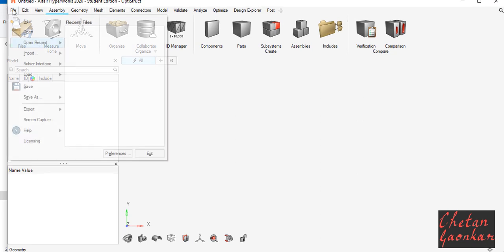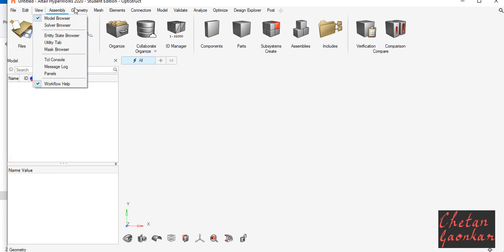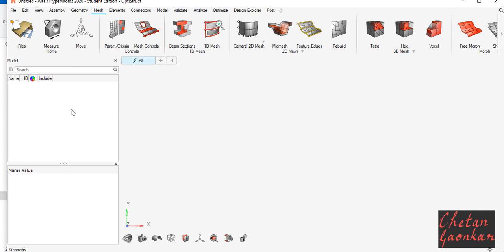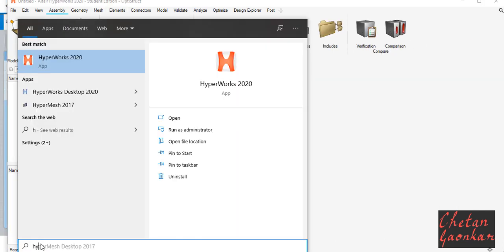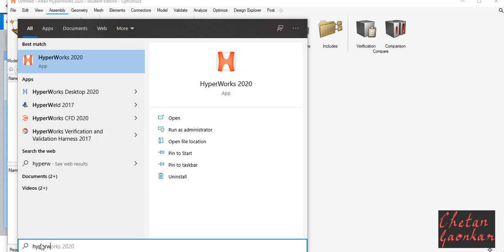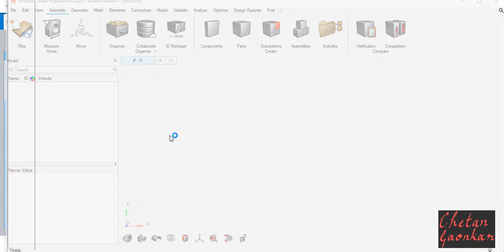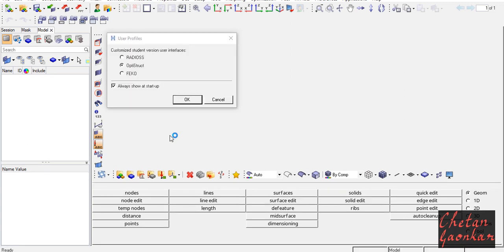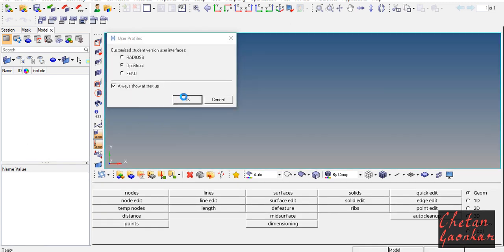But if you want the classical user interface, which you have already been working on, in the classical user interface of HyperMesh or HyperWorks, what you need to do is type HyperWorks again and then select HyperWorks Desktop 2020. Once you click on this HyperWorks Desktop 2020, you will get this classical user interface.